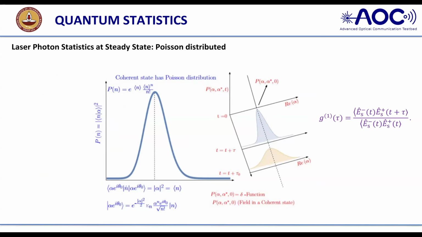So mod alpha square is the total intensity, and for the photon count, the probability distribution function is a Poisson. Sorry, it will be e to the power minus the average n, mod n value will come. So if you have this alpha, alpha conjugate 0, this state is a coherent state, and the photons coming from the ideal laser follow the Poisson distribution, right? And this is the ideal coherent state, and the Nobel laureate Glauber solved that.